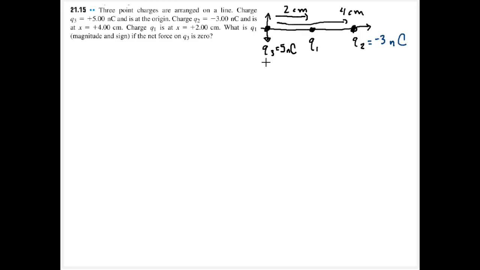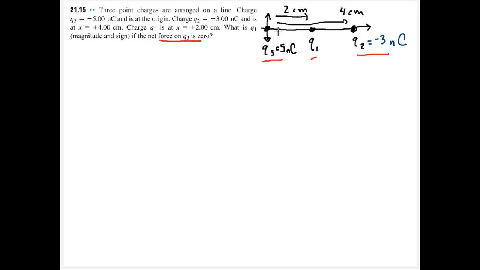Some solved problems for chapter 21. I've gone ahead and drawn it out already to save you the agony of watching me draw it. 3 charges in a line. Q3 is 5 nanocoulombs. Q1 we don't know the charge of, and Q2 is -3 nanocoulombs. And we know the location of Q1 and Q2, and we're told that the net force on Q3 is equal